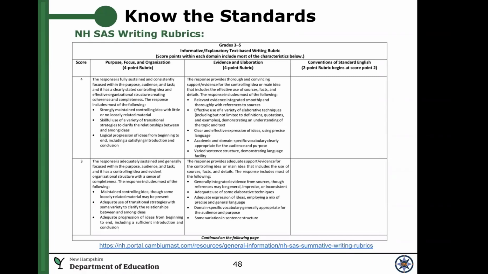I point you in the direction of these, not so that you just ditch and throw away your current rubrics, because we don't want you doing that. Your rubrics are great, but what I want you to really start to think about is, do they include all of these particular skills? And if they don't, you might think about incorporating some of the skills so that you are making sure that you're covering everything that needs to be covered in the depth of knowledge students need to have to perform successfully on the New Hampshire SAS writing